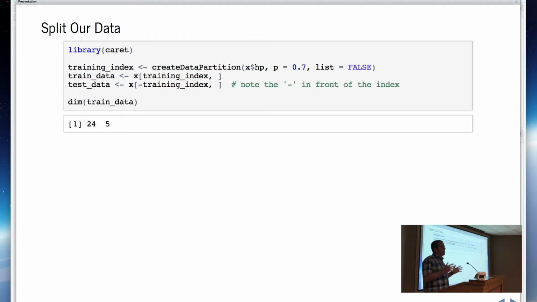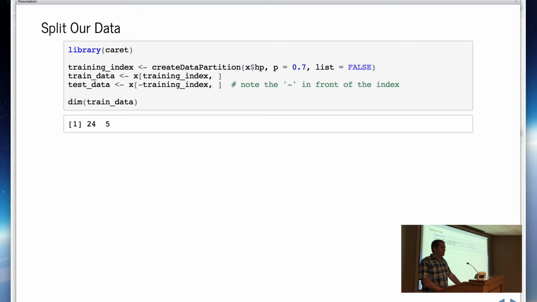In the case of horsepower here, if we just took a random sample and ignored the column that we're trying to predict, it might be that the random set we select ignores all the high horsepower cars, right? And now our model is going to struggle in that area. So createDataPartition is going to look and see, okay, does the distribution of horsepowers in the training set match that of the test set?